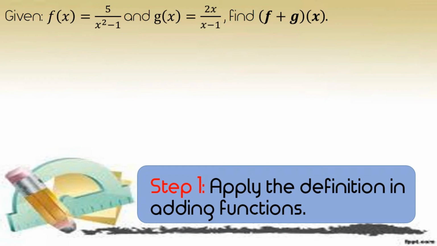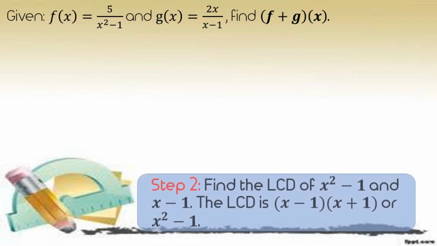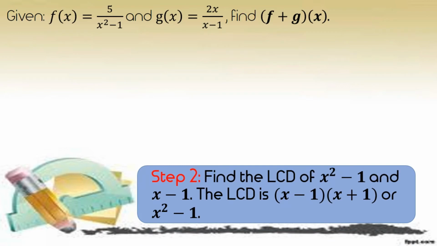Similar with the previous examples, the first step is to apply the definition in adding functions. So we substitute the given values. It will be f plus g of x is equal to 5 over x squared minus 1 plus 2x all over x minus 1. For our second step, we're going to find the LCD of x squared minus 1 and x minus 1. The LCD will be x minus 1 multiplied by the quantity x plus 1